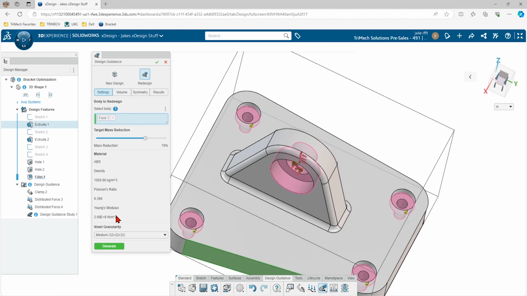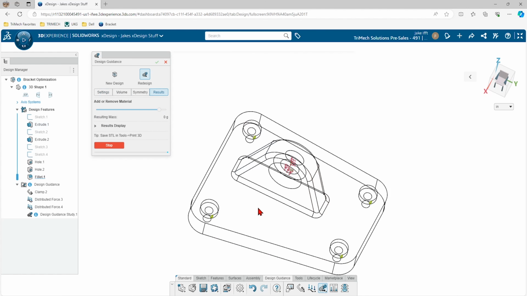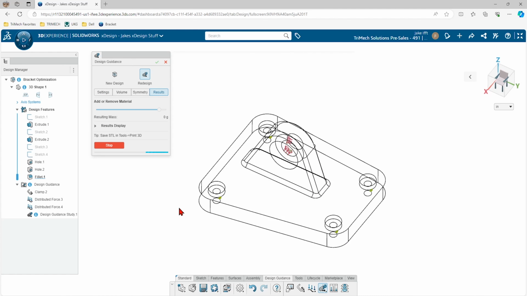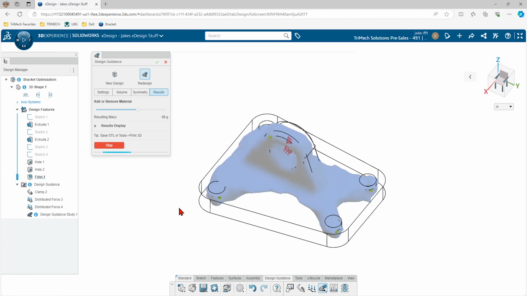All right, now I can just hit generate and wait just a little bit here. It'll parse the model and run a simulation study to try to determine what material actually needs to be there. You can see it's starting to do its thing now.